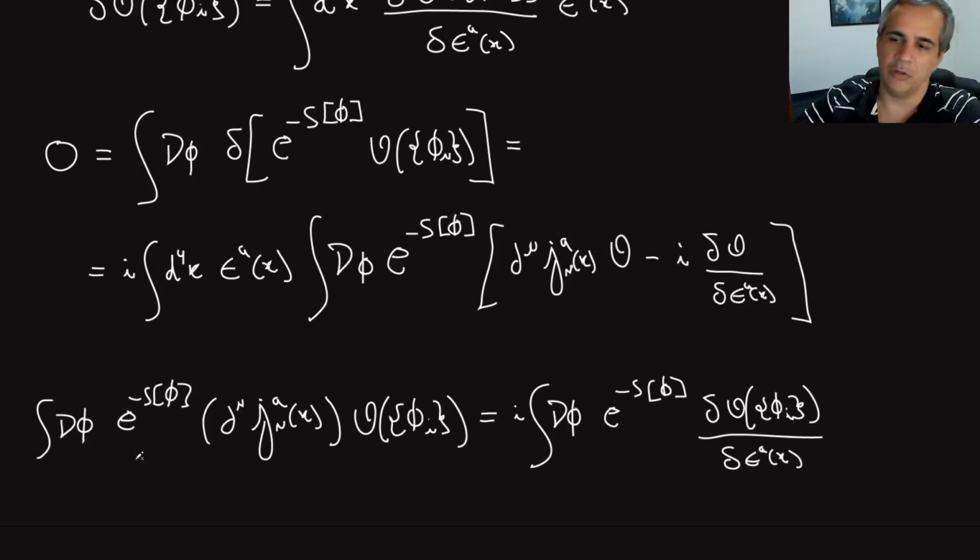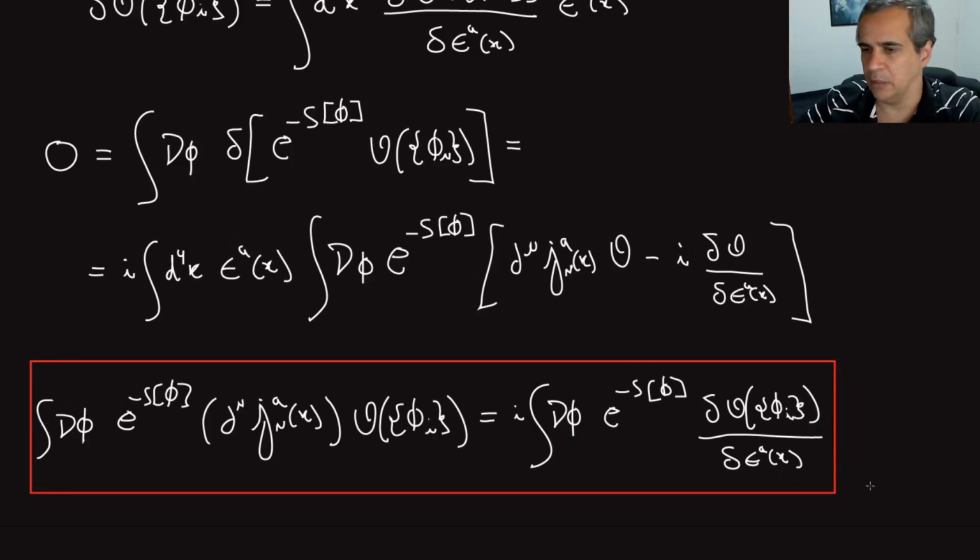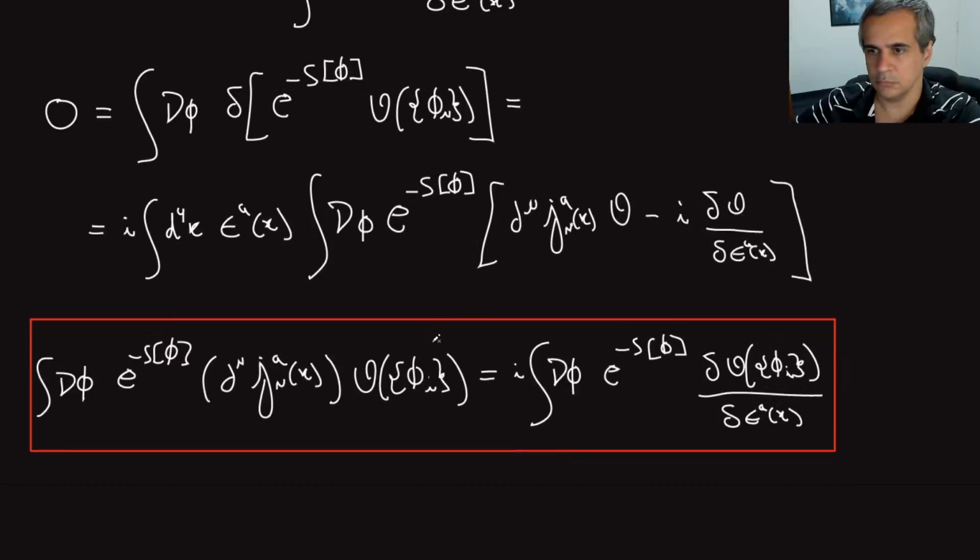Right? So it tells me how a product of current times operator varies, and this is a very general Ward identity because you can use this operator as anything, right? And it's also useful for us because we can take this operator as the exponential of the sources. Let's see what happens if I do that.